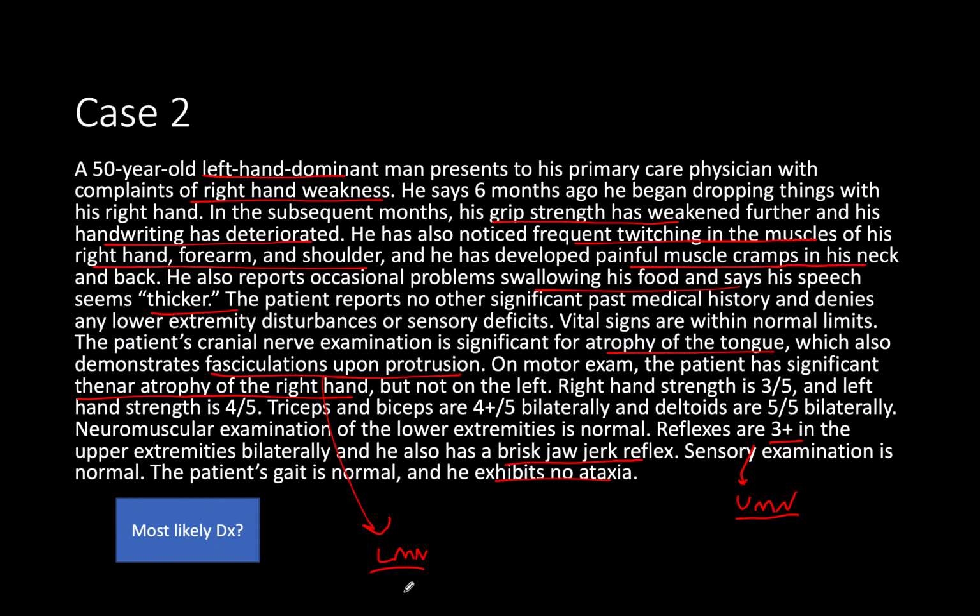And then when you start to see things like sensory exam is normal, okay, if sensory exam is normal, that's really going to rule out maybe some sort of stroke in the internal capsule, or any of these other disorders where you're having upper and lower motor neuron signs. You would have sensory with it. Because sensory is normal with ALS, that really points you in the direction of that particular diagnosis.